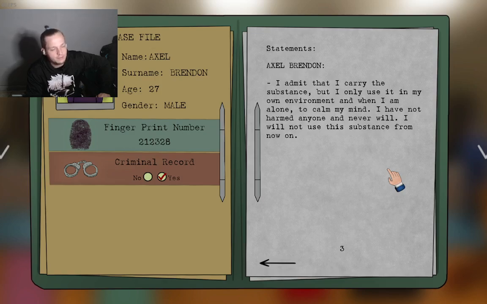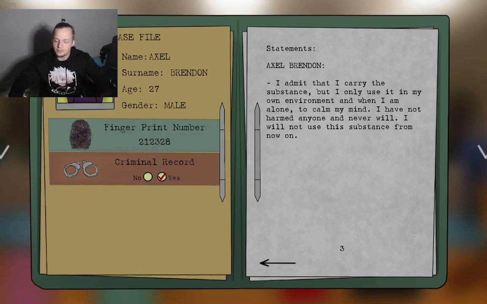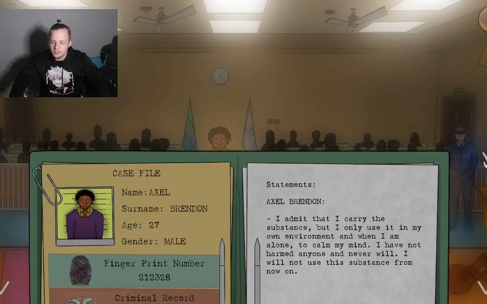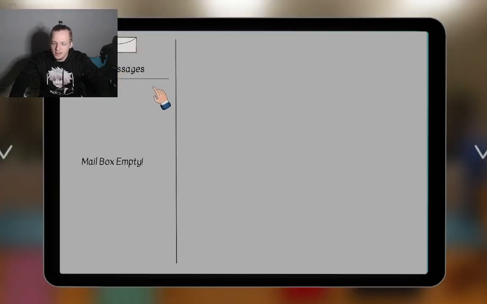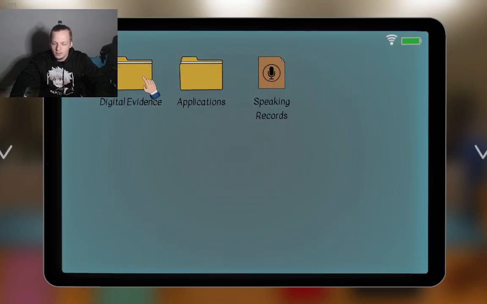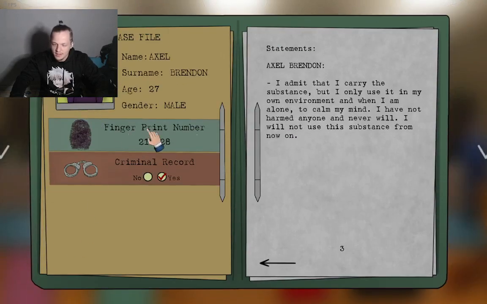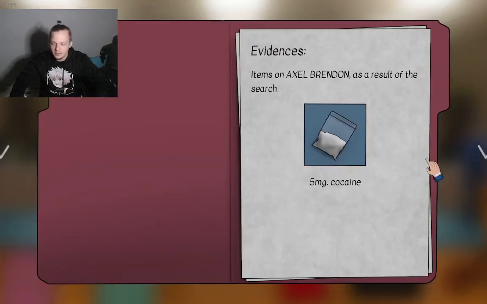He's only been found on possession and carrying, so like, I feel like it's not that bad. But it's still going to be a little harsher, since he has a record. Hell no. Alright, anything in here? I wish the escape button worked on that. That'd be beautiful.